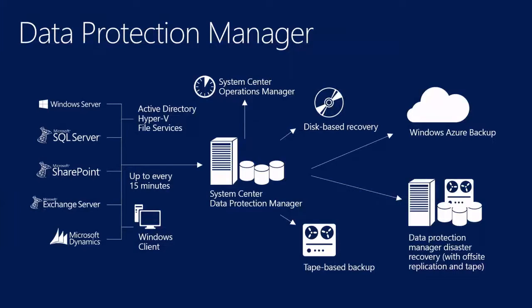It can also protect another DPM site. So for instance, if I've got my primary cloud, I've got my primary infrastructure, I'm protecting it with DPM, I could have another DPM on another site and point it at the first DPM and back up using DPM to DPM for DR. It's an interesting solution, it's low cost, but bearing in mind what's on the horizon now with